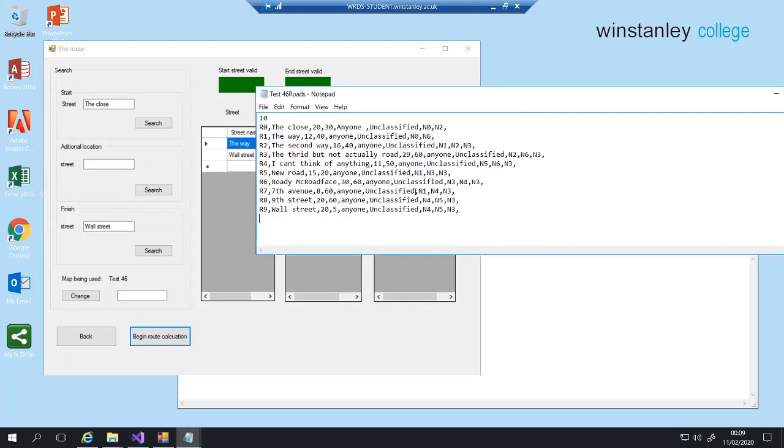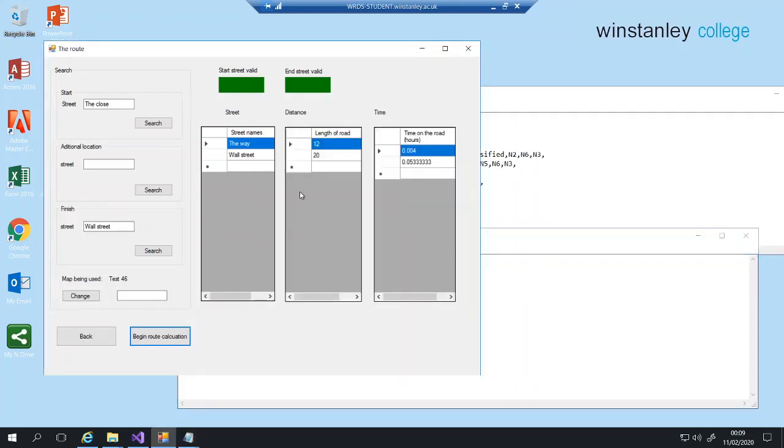So I happen to have chosen not very good roads to go on, but it traverses them, it'll find the fastest route, so it tells you, okay, you're going to the Way, and then you're going to Wall Street, where you'll end up. It tells you the length of each road that you're going to be travelling down, and